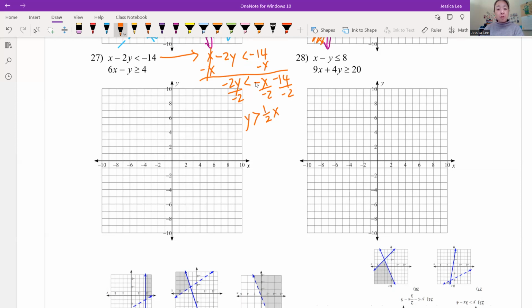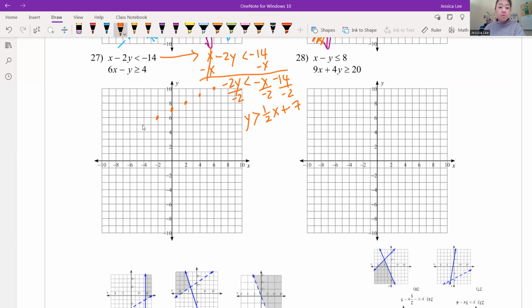That 2 does not go to the top magically. It just stays on the bottom. But don't forget there's that invisible 1 up there. And then this is going to be -14 divided by -2. There's going to be +7. We're going to go up here to 7, 1/2,